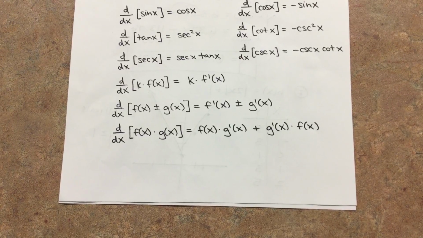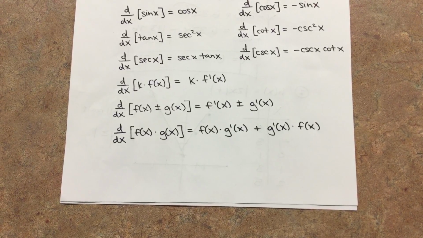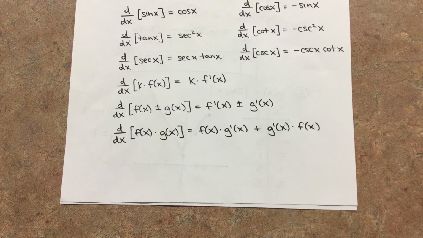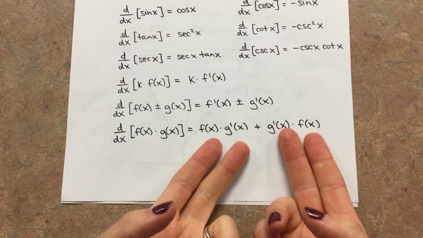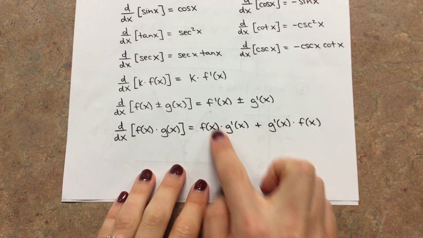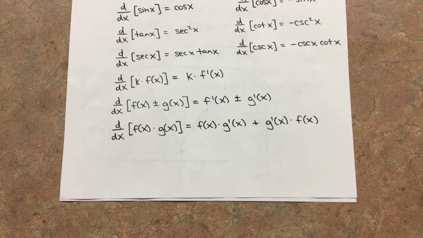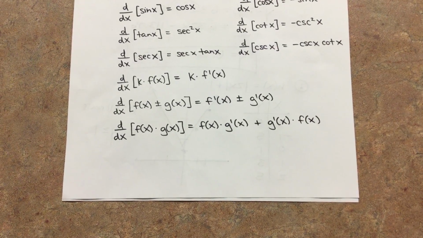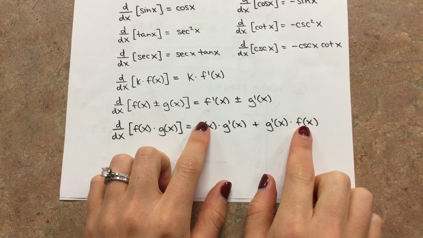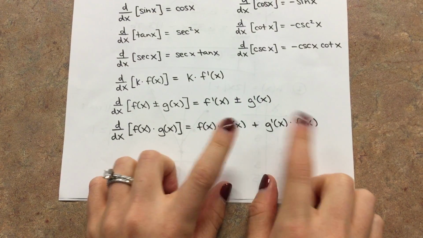And remember, the commutative property tells you that in multiplication, the order doesn't matter, and in addition, the order doesn't matter. So within these terms, I could swap the multiplication and it would stay the same, and I could swap these two terms in order and it would stay the same. You can add or multiply in any order that you want. But these are the basics, you have to have the derivative of one of them times,